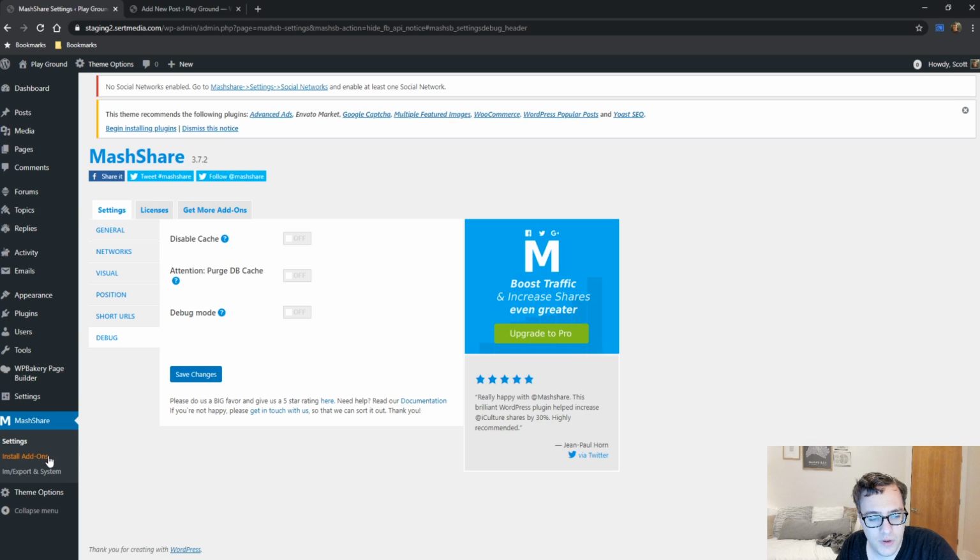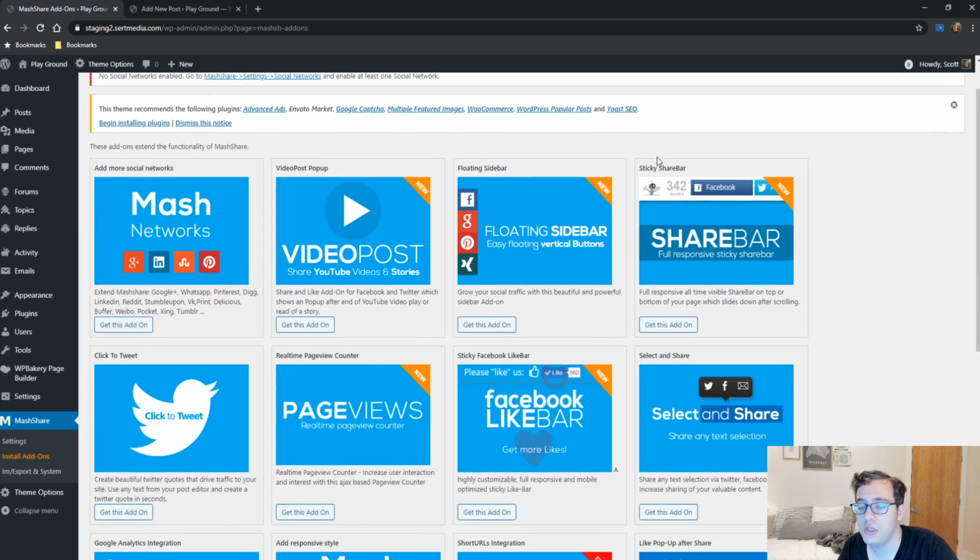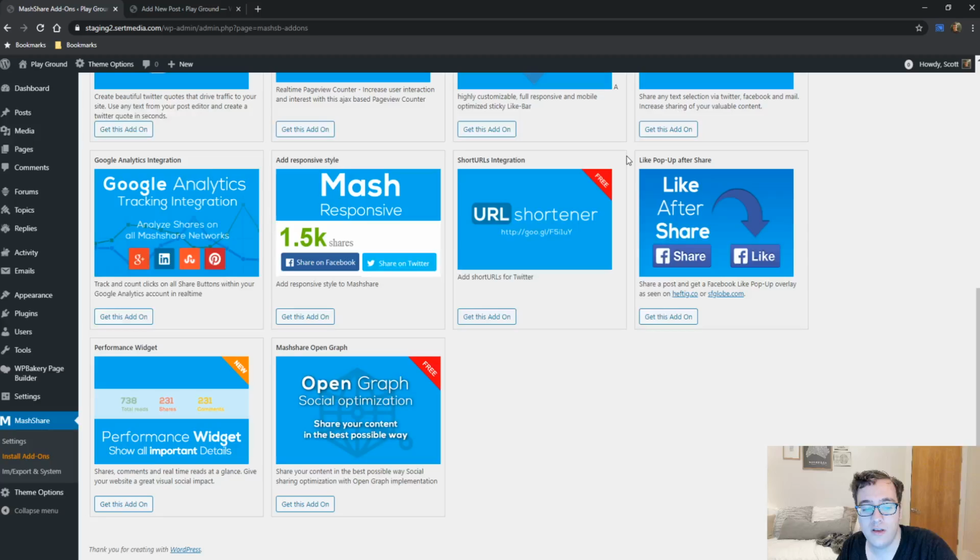And then, as always, they have their add-on section. I'm not going to spend too much here because this is the paid section, but in here you have a ton of extra options for really making this plugin more useful than it is for the free version. This is not my preferred share plugin. Social Warfare is one that I tend to recommend, or the Genesis Simple Share. Of course, that one needs some more social networks, and I'm hoping they add them. But the reason I typically don't recommend this is